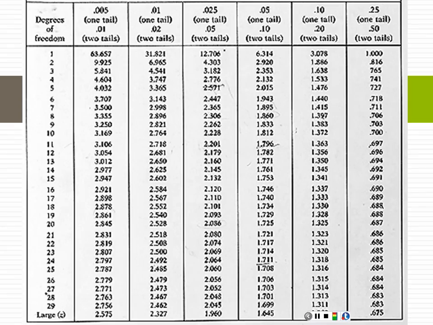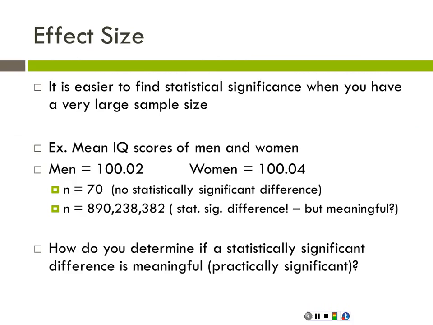And this is good to know because it's basically showing you that it's easier to find statistical significance if you have a large sample size. And so this means that even with really large sample sizes, even minimal differences will be significant. They'll be statistically significant. So for example, here you can see that I have IQ scores for men and women. So men have an IQ of 100.02. We're way smarter. We have an IQ of